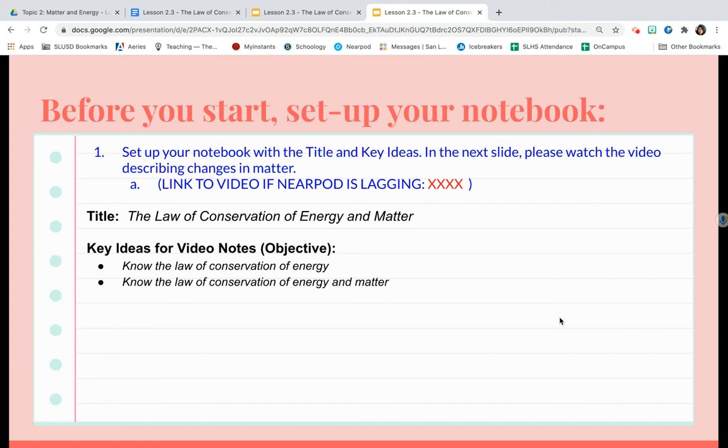Right, so in this lesson, lesson 2.3, we're going to talk about the law of conservation of energy and matter. There are a couple rules when matter changes into energy, and maybe one day, when we figure out when energy changes to matter, that happens in this universe. So we need to understand how matter and energy always work together. To understand this, we need to know something called the law of conservation of energy and matter, and sort of the law of conservation of energy as well, but mainly the law of conservation of energy and matter, because this is the newest rule.